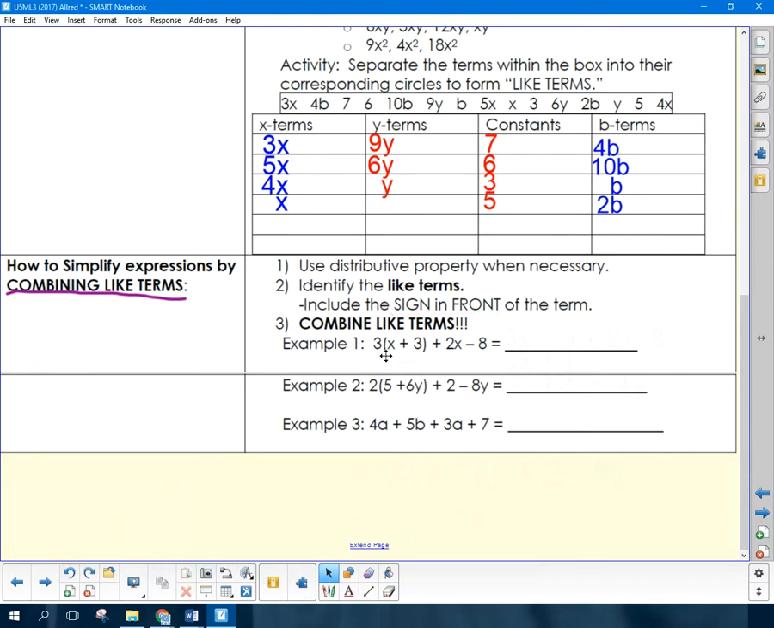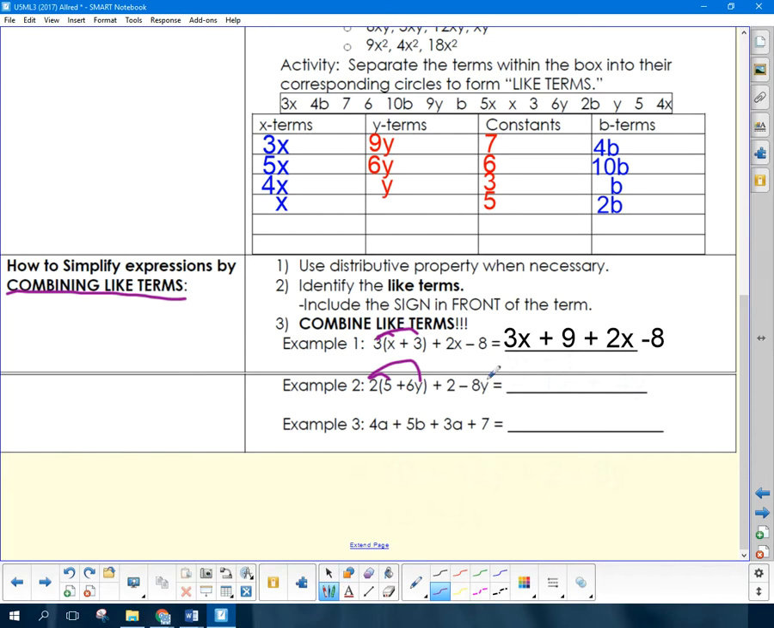So for example, example 1 says 3 times x plus 3 plus 2x minus 8. You need to use the distributive property there. 3 times x is 3x, and 3 times 3 is 9, plus 2x minus 8. Then, here's the process I'm talking about